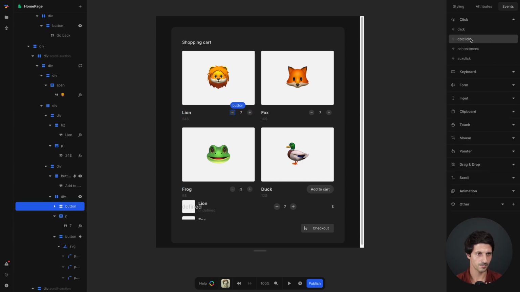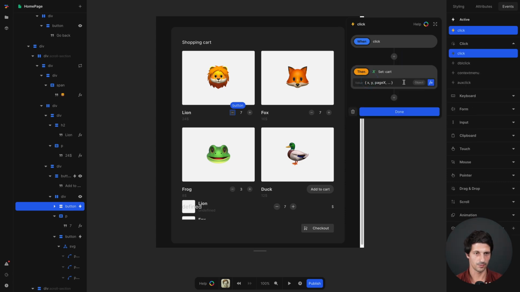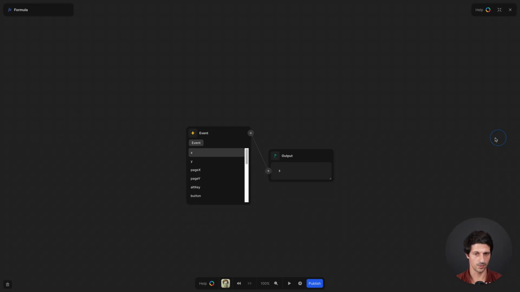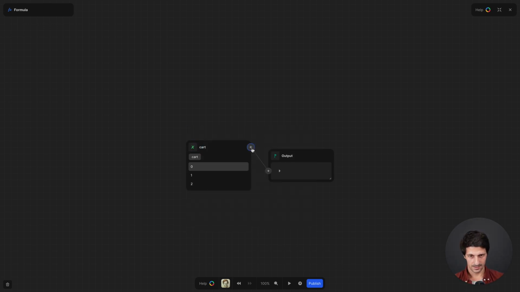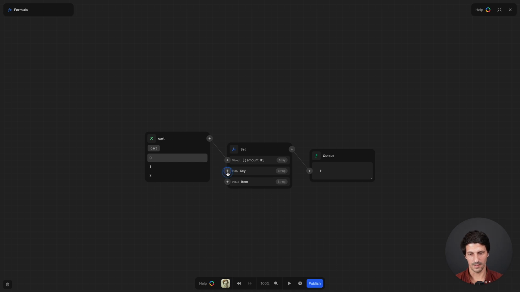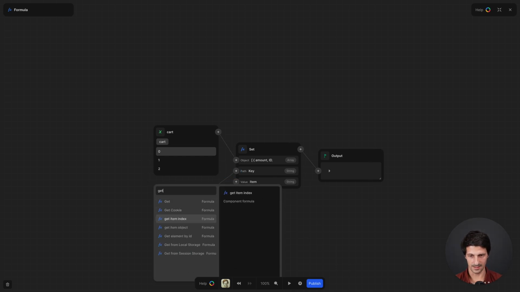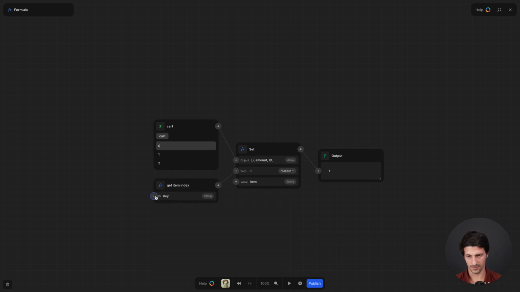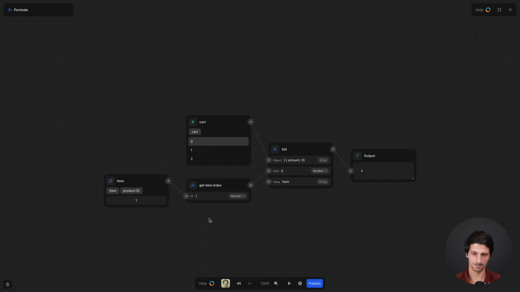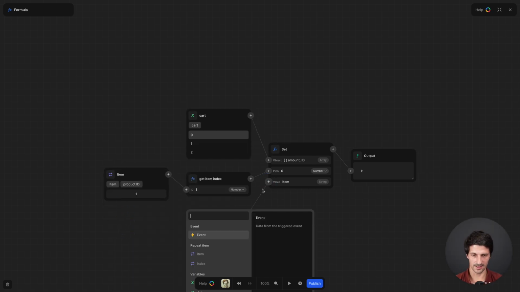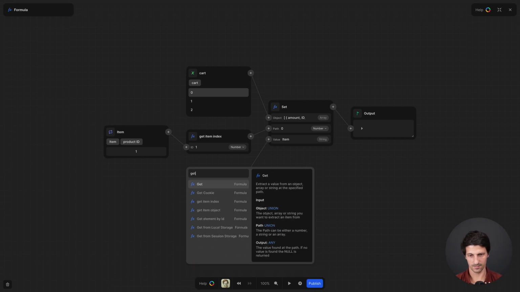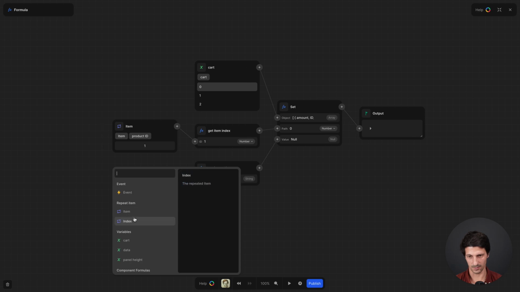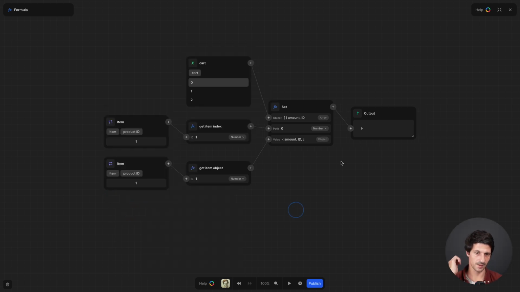So here on click, I want to set the card to open, I want the index of this ID, and I want to set that to the object with the same ID. I want the object with this ID, and set that to